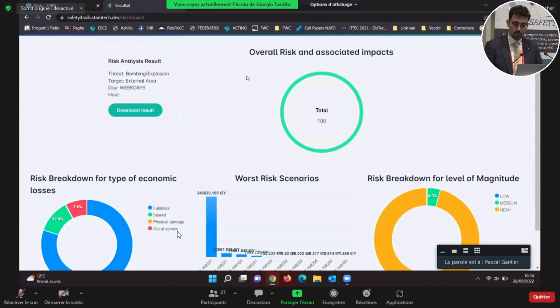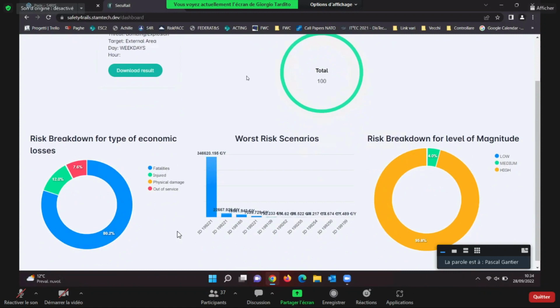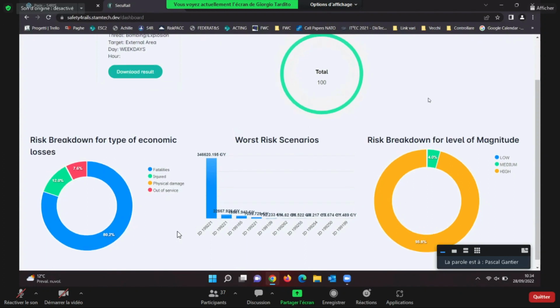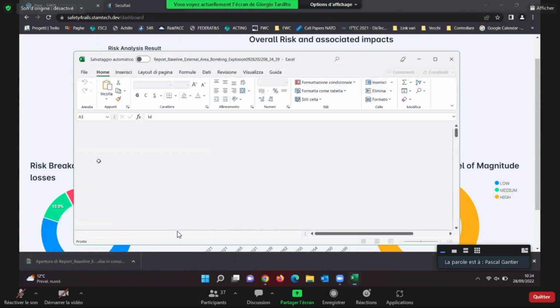In the dashboard there is the overall risk score of this specific scenario, and a risk breakdown for economic losses. In this case we have the majority due to fatalities, then injuries and out of service. The worst risk scenarios with the corresponding loss, the risk computed in euros per year, and the risk breakdown for the level of impact of these specific threats. We can also download the report